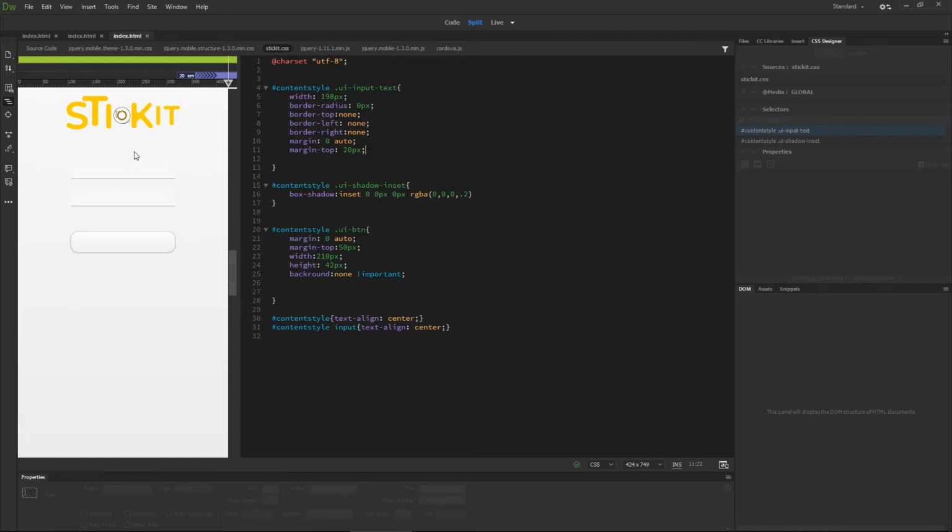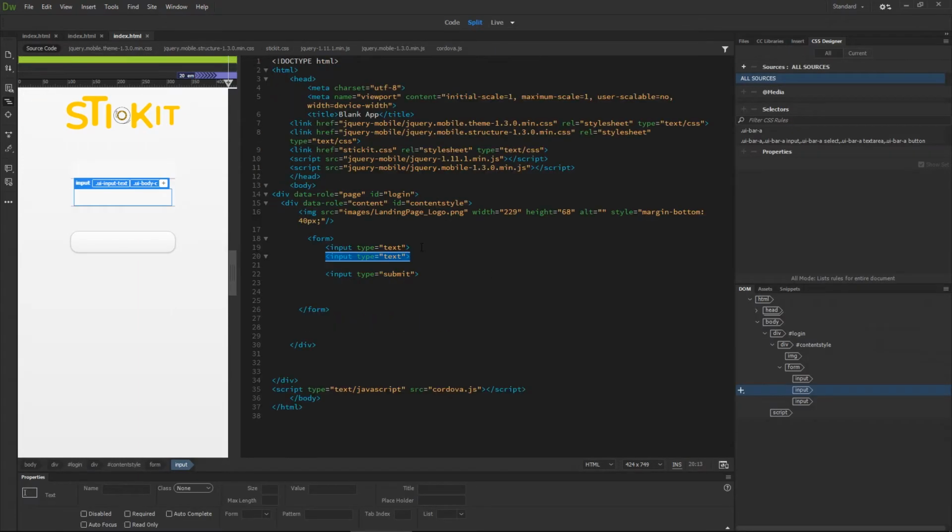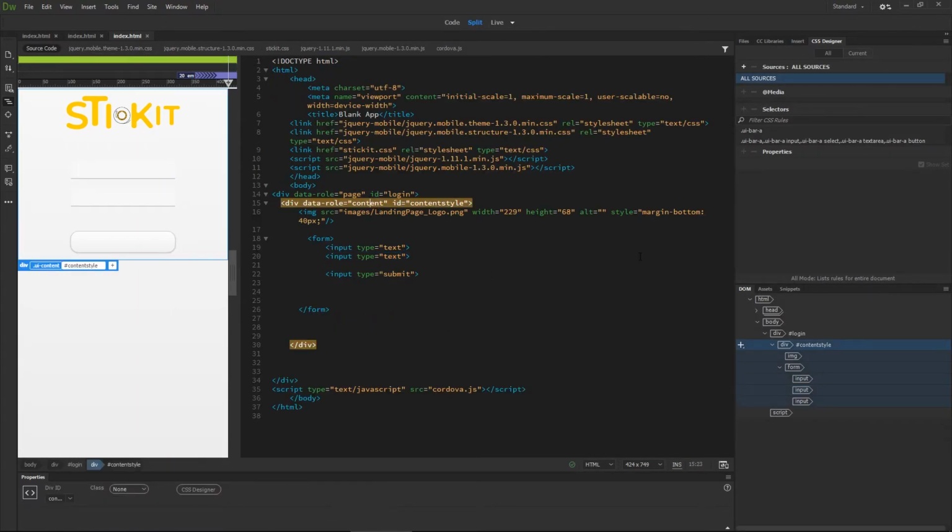Alright, next is to make it all center vertically. So for that, we need to go to the source. The source is ID. Sorry, this one is this. The main div is page, and page has an ID called login. Okay, and then data row has page called content style. So the ID login,